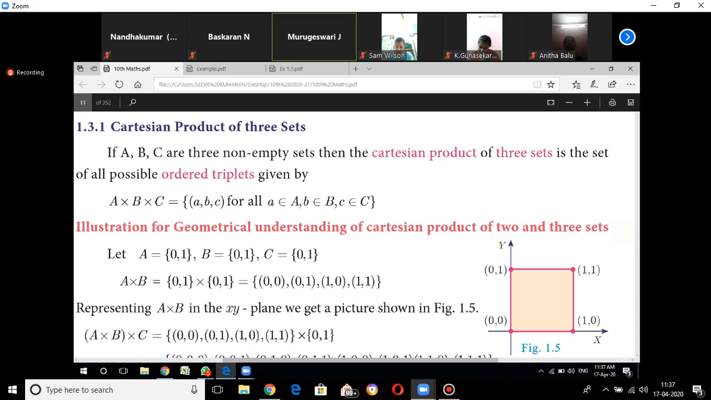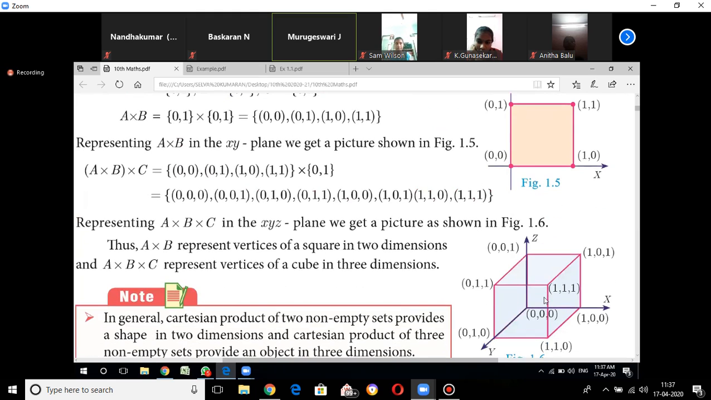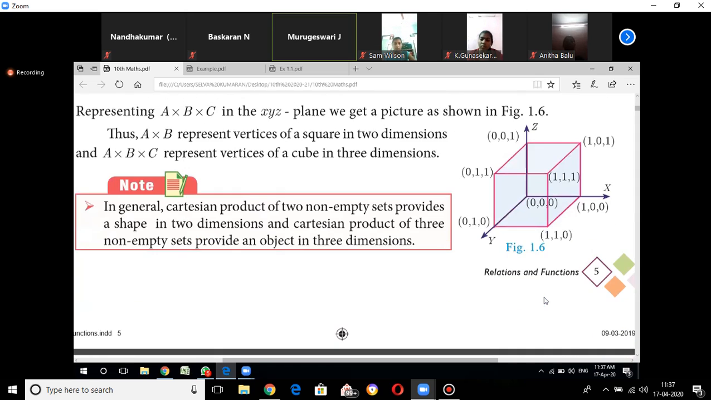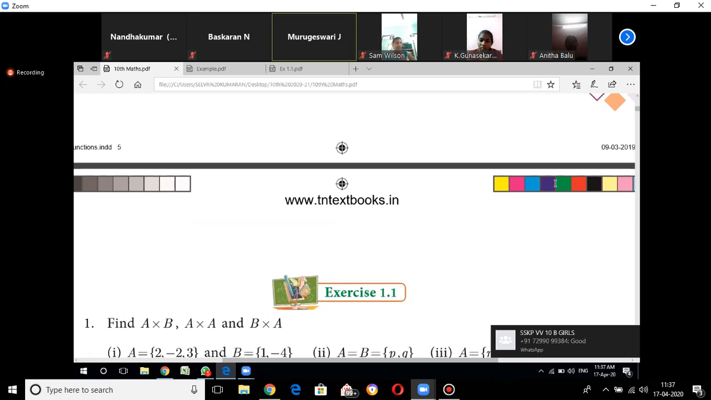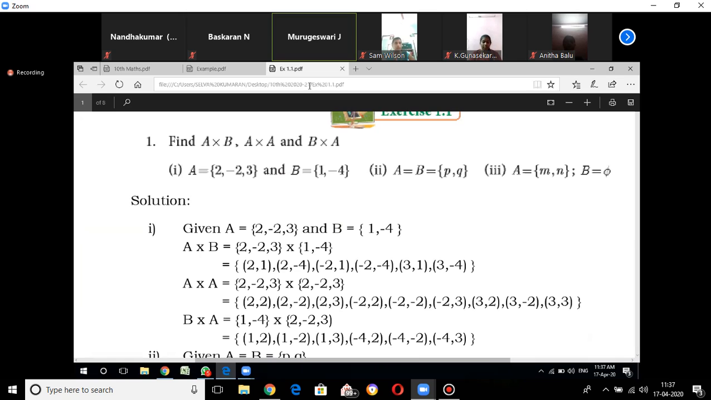Next, geometrical representation. First, ordered pair. The Cartesian product of 2 sets gives this type of 2D shapes, and the Cartesian product of 3 sets gives 3D shapes. So that is the only difference between 2 sets and 3 sets. That's all. All the sums are like that only. Now, exercise. Have you understood it now? You can recall from the definitions. You can easily understand it. Okay, today itself you can learn everything that is